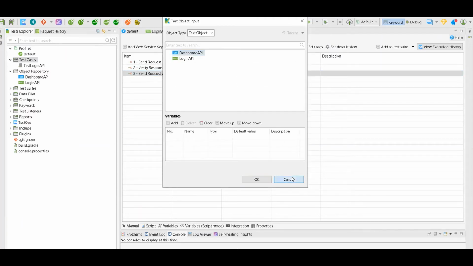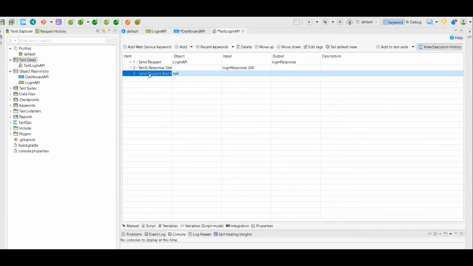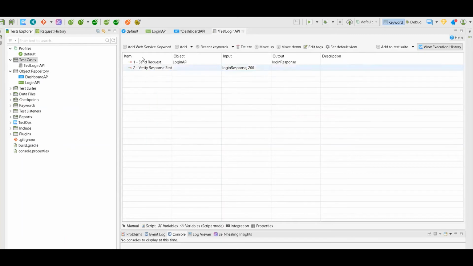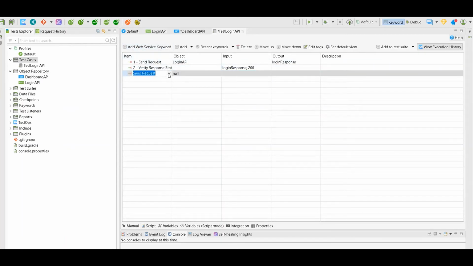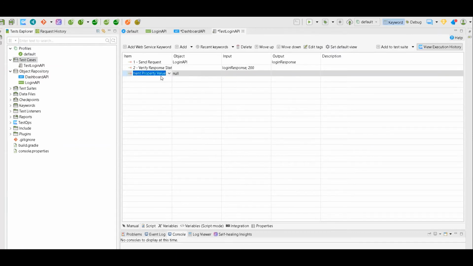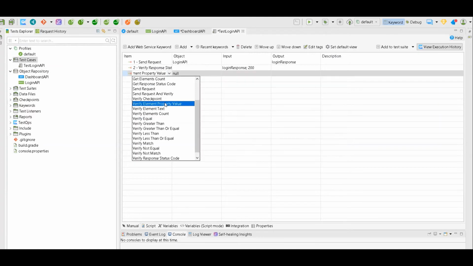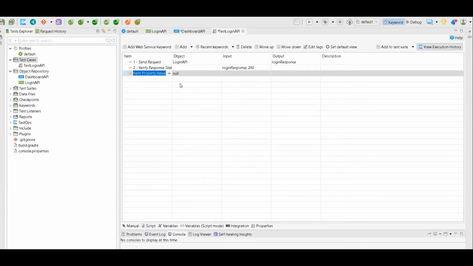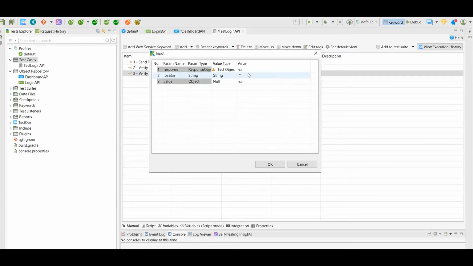But we already have the response object, so we can use some check directly, right? Let's say verify element property value. We will verify the email address is correct in the response. So verify email element web property value.